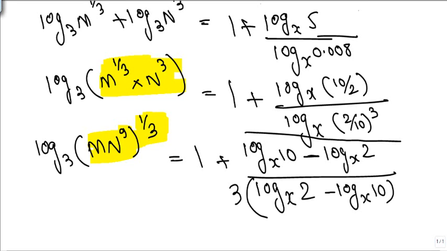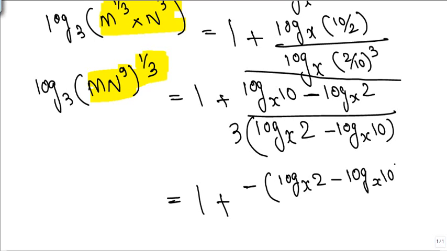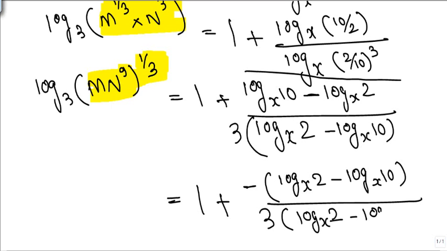We can also invert it, here we can do the inverse. Look, the numerator I can write inverted as minus, so taking the minus common outside, what I can write is log x 2 minus log to the base x 10 upon 3 times this value, log to the base x 2 minus log to the base x 10. This will cancel, giving -1/3. The answer has come, everything has come to us.